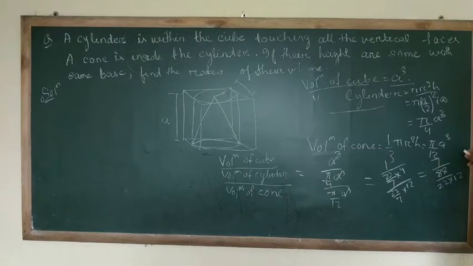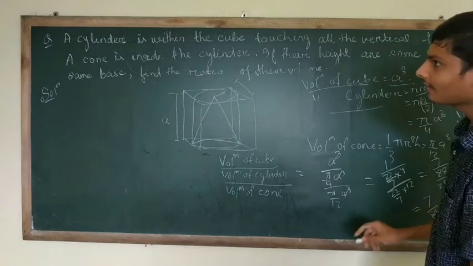So now this is going to be 7 by 88 and 132. The ratio between these three is 7:88:32, and by this we have